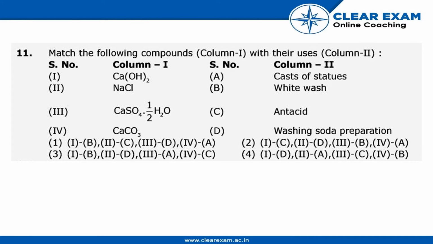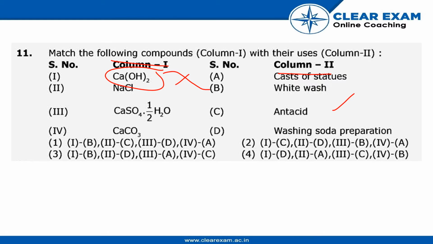So in this question we have been given two columns. The first column is of compounds and the second column is their uses, and we have to match the compounds with their uses. So for Ca(OH)2, we know that it is of disinfectant nature and it is used in